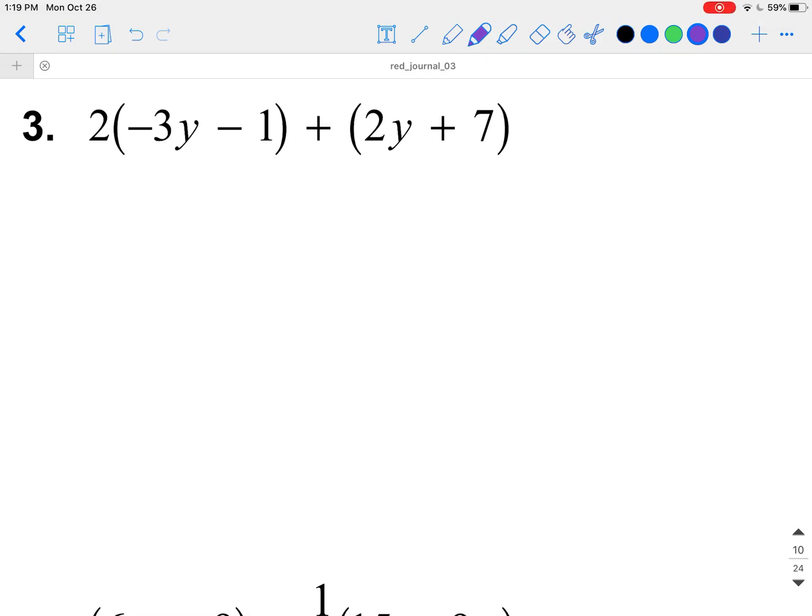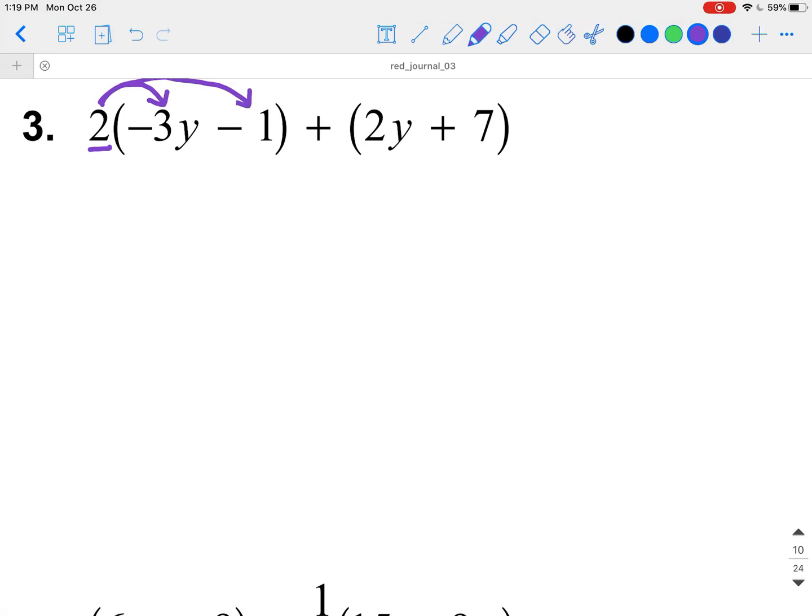All right, let's work through an additional example, but now with distributive property. So we see this 2 in front of this. We cannot move on to combining like terms just yet because we first have to distribute. Distributing is when you multiply the outside number by everything inside, and this is what we're going to do to